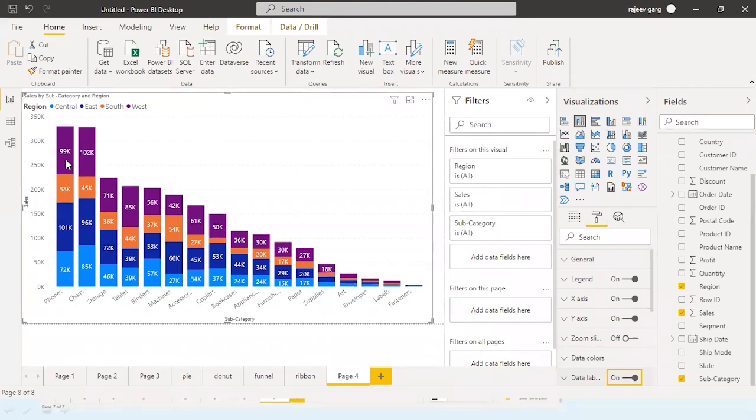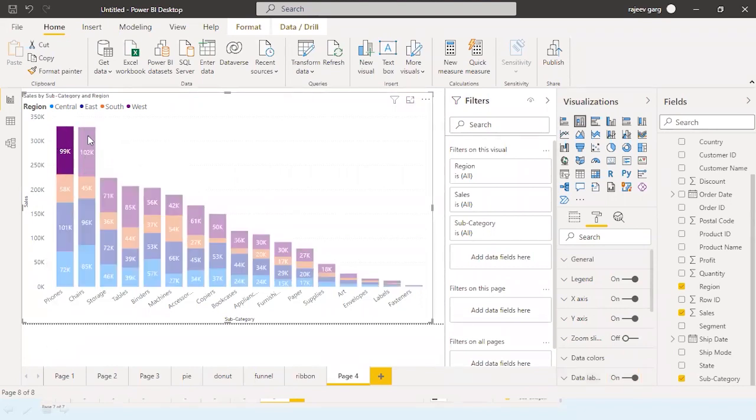Now I want, let's see, the phones and the chairs have given us the maximum sales. So I just wanted to see if I exclude the sales of the Western region, what is the status of the phones and chairs? I will right click over here and you will see there is an option called exclude.